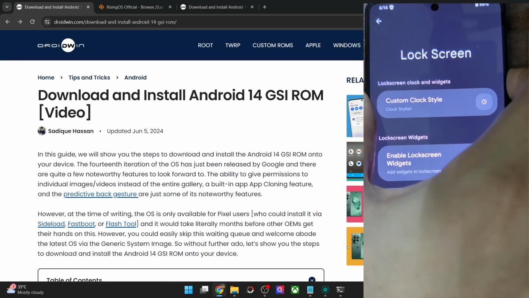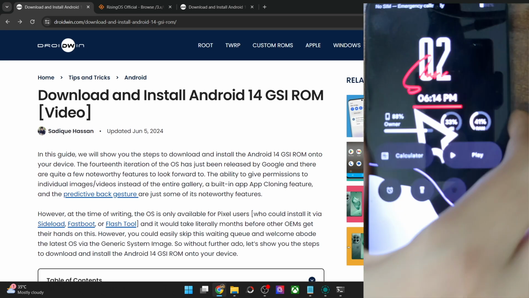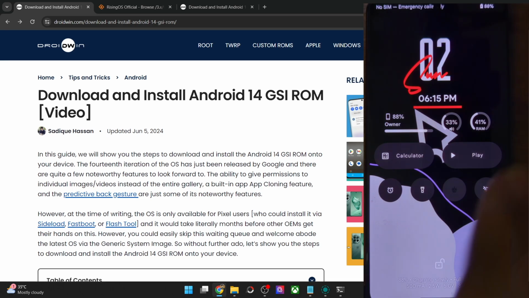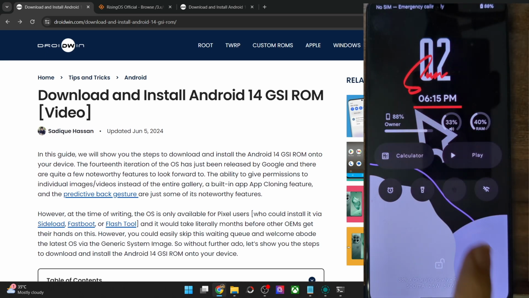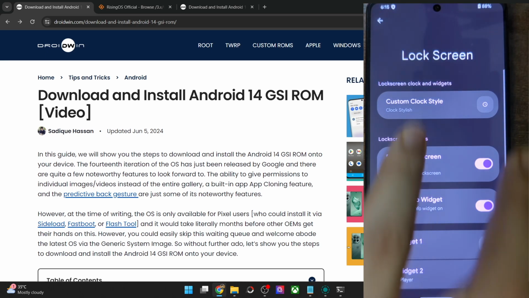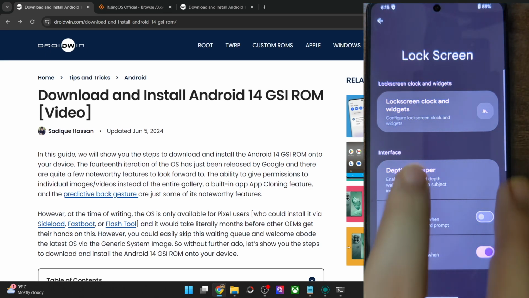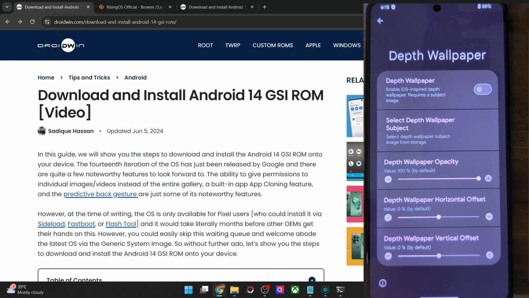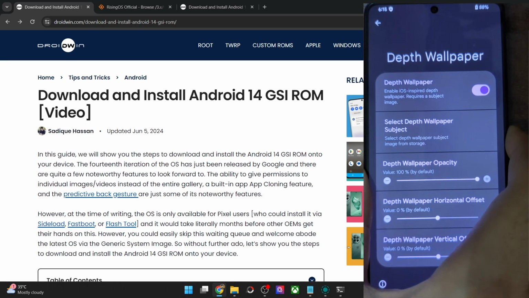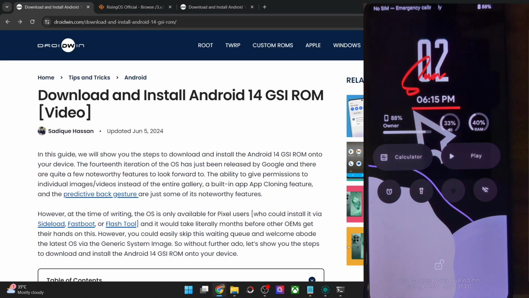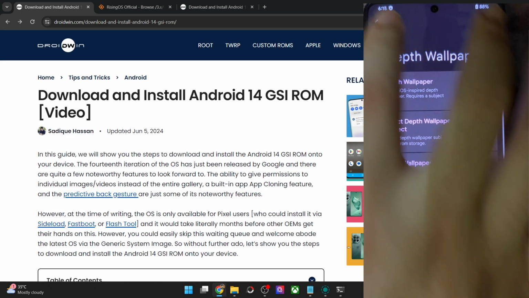Once that is done, let me now verify the same. So just a minute, and as you could see, the widgets have been added and they look quite nice. I haven't seen this option in any other AOSP or even GSI ROM till date, so it's quite a great addition. And apart from that, let's have a look at few other tweaks. Depth wallpaper is also there, so it's iOS style depth wallpaper, and you may change the opacity as well as the transparency of the wallpaper effect. And as you could see, the widgets are now overlapping. The wallpaper is now at the back end. The depth effect is now in place.